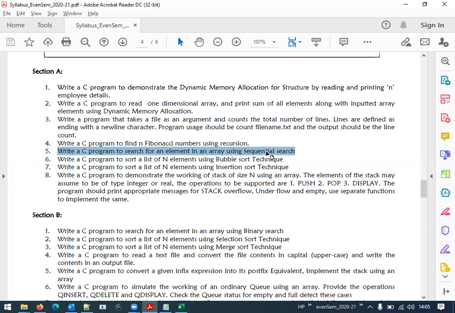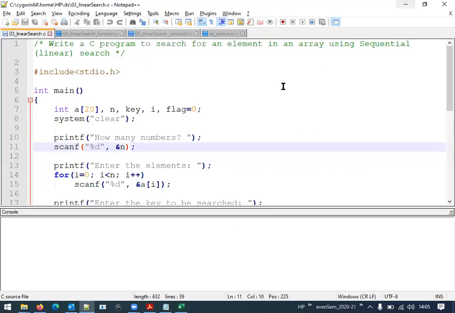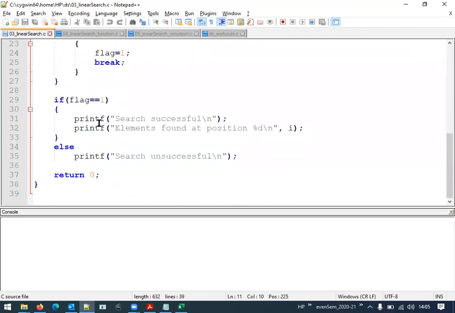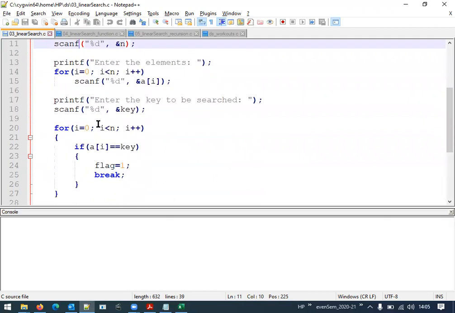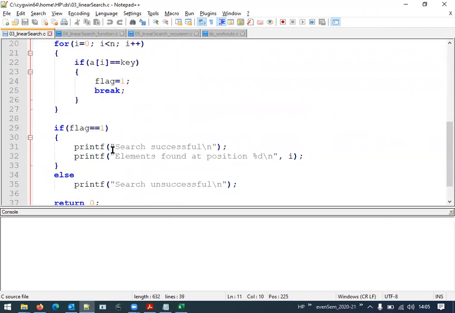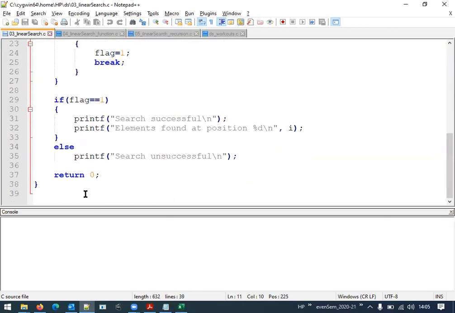As I said earlier, sequential search and linear search are the same, just 2 different names. For your lab program, the first one, without the user defined function and without recursion, can be written as your journal program. The other 2 are other ways to write the sequential search programs.